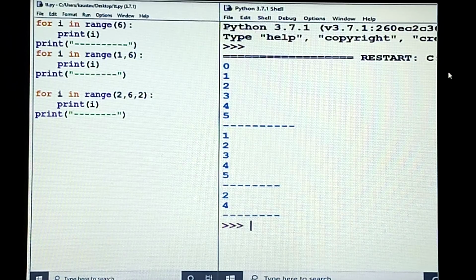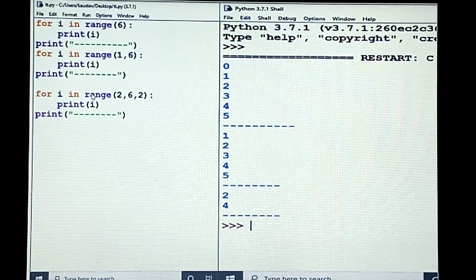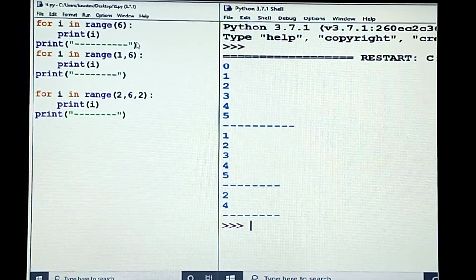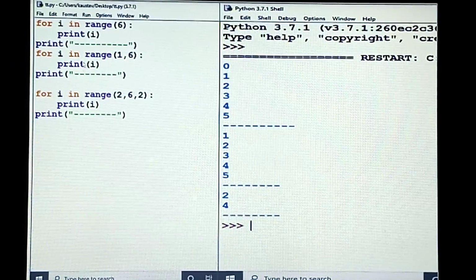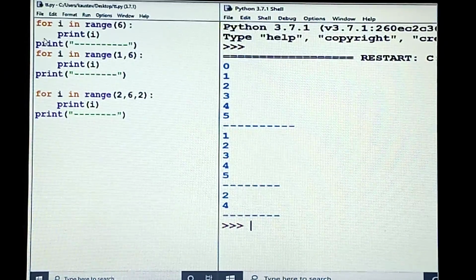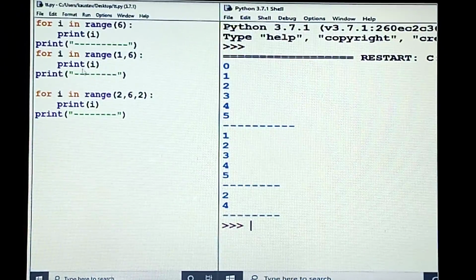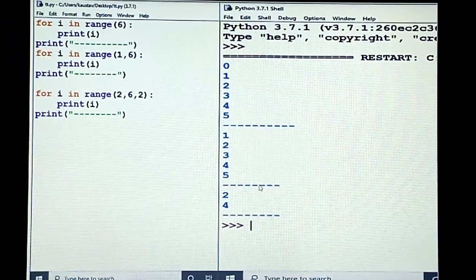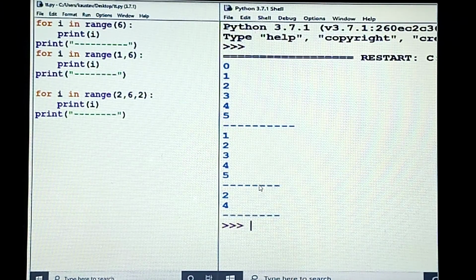For: I have written several syntaxes of the for. Now this print I have written is not part of the program. For making the output separate, I have written this. Remember one thing, don't be confused. I have written print within the double quotes after each and every for. It is to separate the output, because otherwise the output will all be together and it is very difficult for me to make you understand.